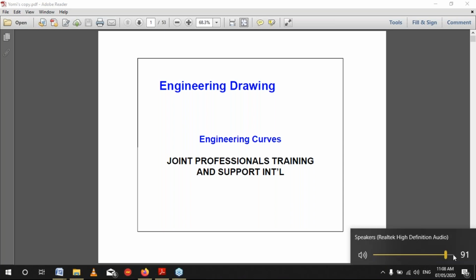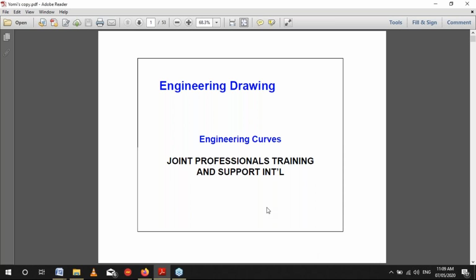Before we go into what we have today, let's make a recap of what we did last week. Last week we talked about classification of drawings and made us understand machine drawing, working drawing, part drawing, assembly drawing and all of them. We also talked about application graphics and all the rest. Then the most important thing we talked about, I also told you about standardization and the ISO, the British